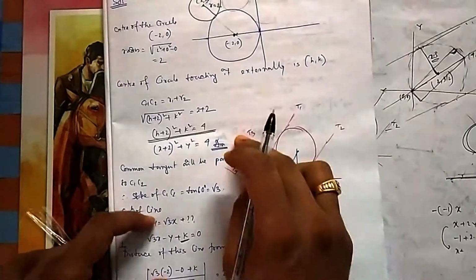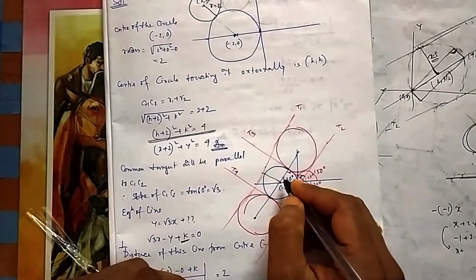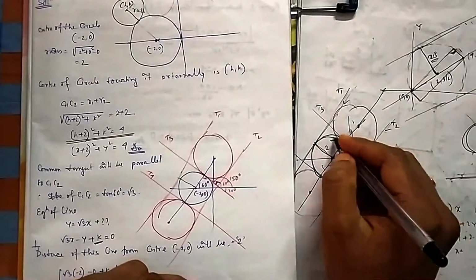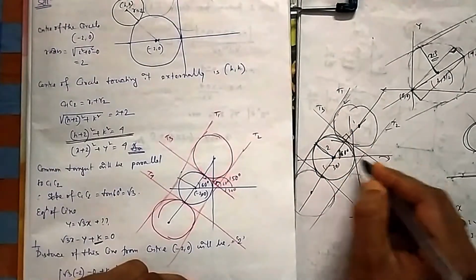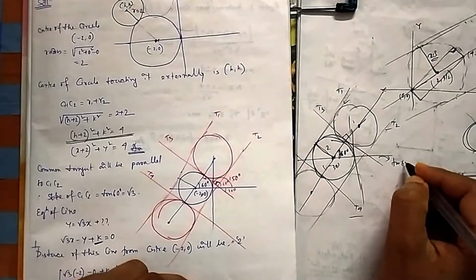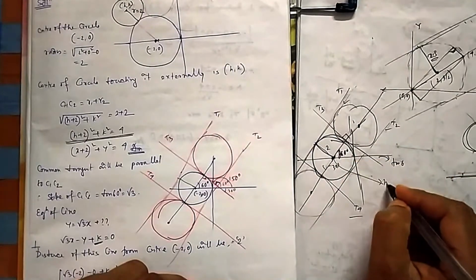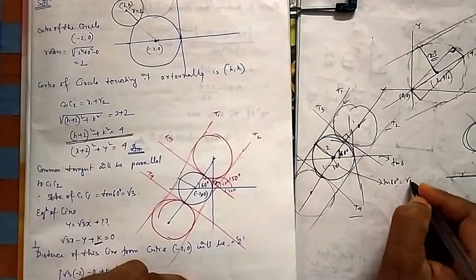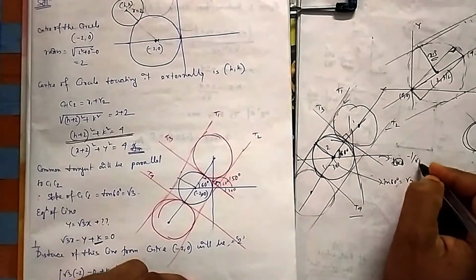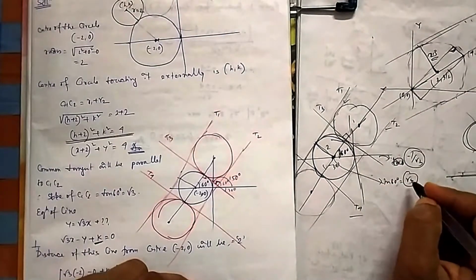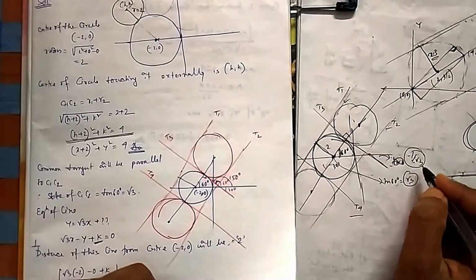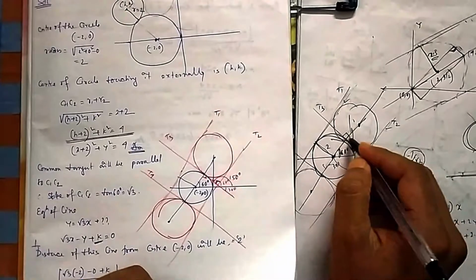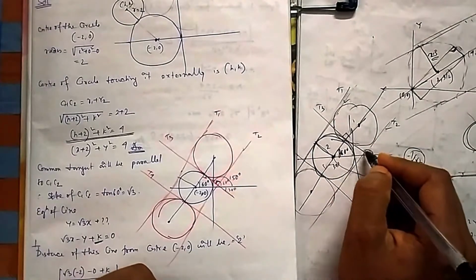Now you need to find this line. Again, you can see this will be perpendicular to this line. So you know the slope of this line, which was tan 60, that is root 3. So what will be the slope of this one? Minus 1 by root 3, because this into this should be equal to minus 1. So if it is root 3, then it should be minus 1 by root 3. Directly you can say m1 m2 should be equal to minus 1. Or you can calculate the angle also. There is no need. What should be this angle?